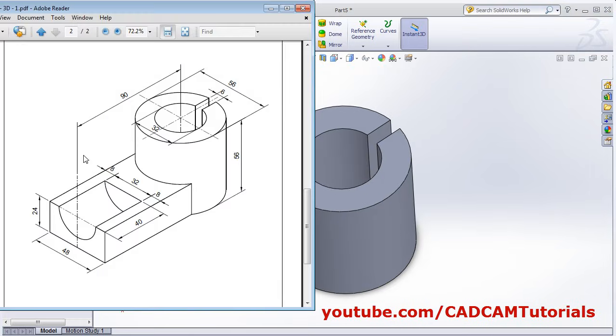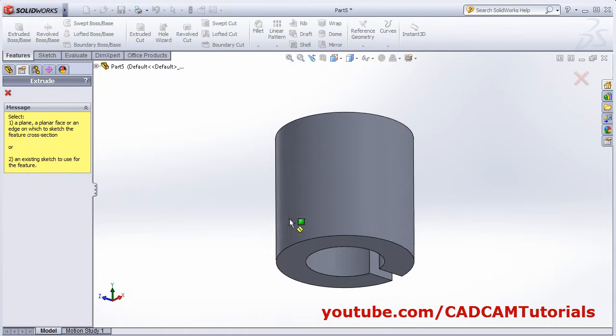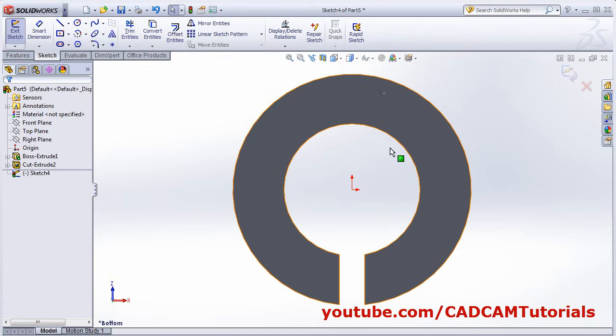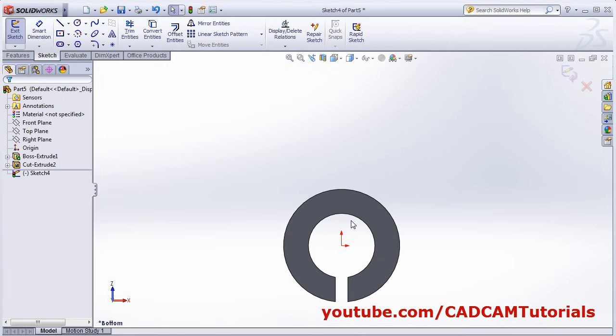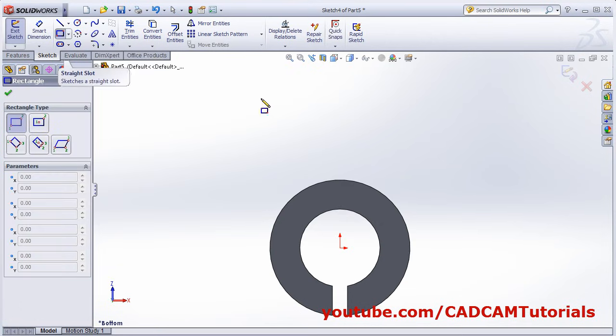Then next will be this portion. Now I want this portion on the bottom face, so again click on extruded boss base, orbit it, select the bottom face, then make it normal, zoom fit, zoom minus. Now I want it on this side, so again take one rectangle command, 2-point rectangle, create one rectangle,